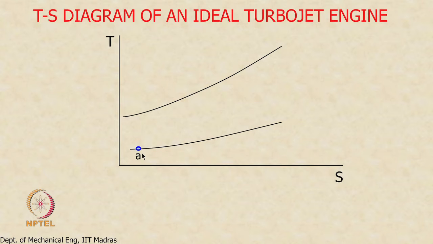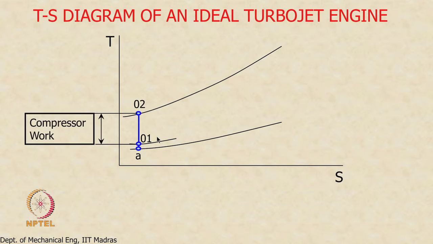So this is the state at which the fluid enters the engine, and because in a subsonic aircraft the inlet does not play too much of a role, we go from free stream air to stagnation state 0,1 at the entry to the compressor. 0,1 is at entry to the compressor. Okay. So 1 to 2 is the compression process in the compressor, right.